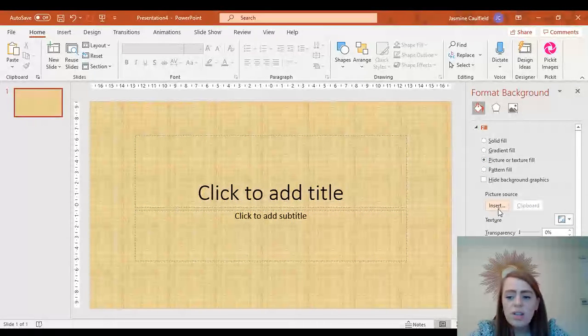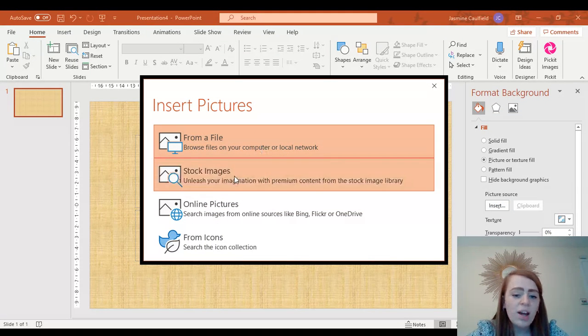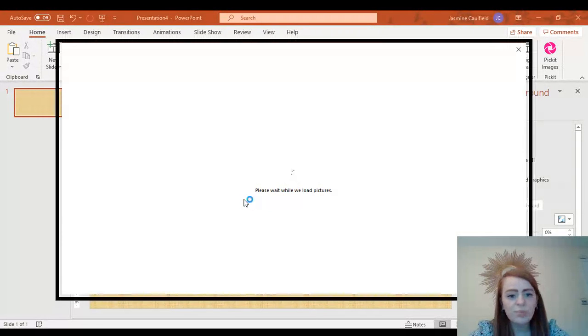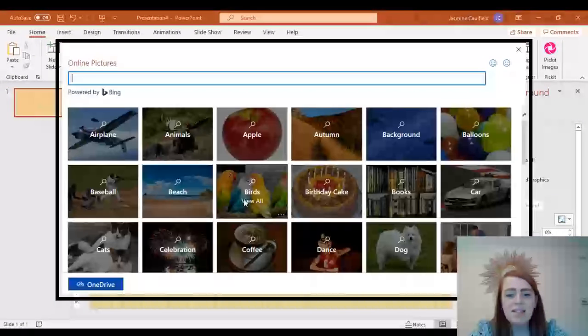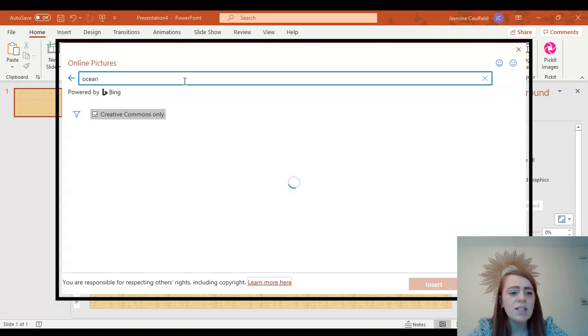So you can go to Insert and you can see that you can choose pictures from a file, which are pictures you've downloaded to your computer, a stock image, which are pictures that are stored inside PowerPoint, or online images as well. We're going to start off by searching for online images, and it will then bring us up into a Bing browser. You can see there's lots of different categories, but we're going to search for oceans,